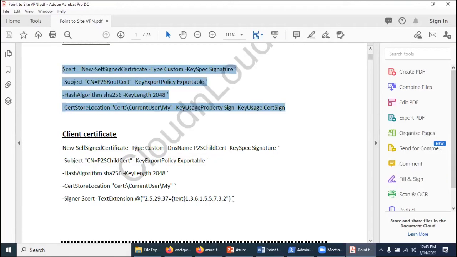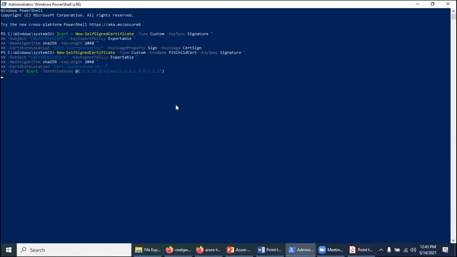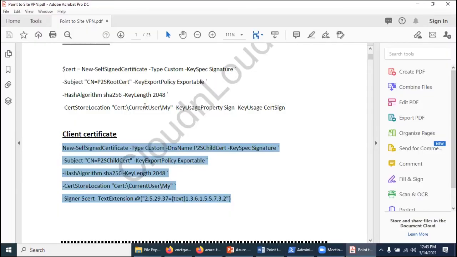Now the client certificate. Take it, go to your PowerShell again and create your child certificate. So now we have created the root certificate and the child certificate. Go back to your document.